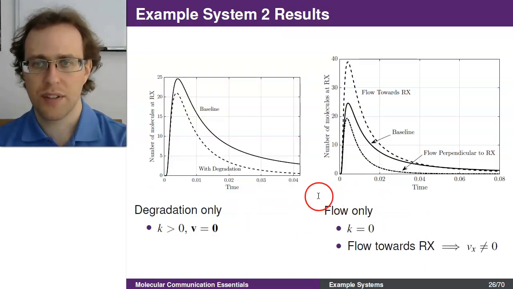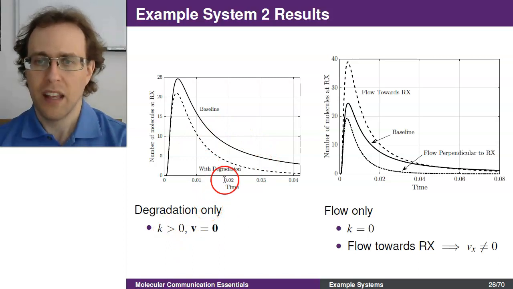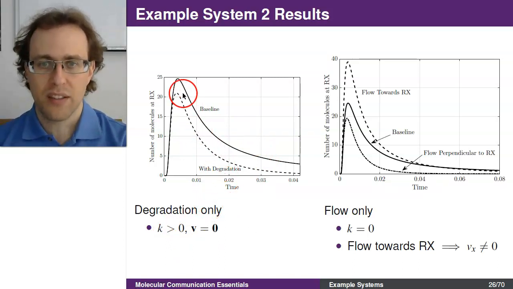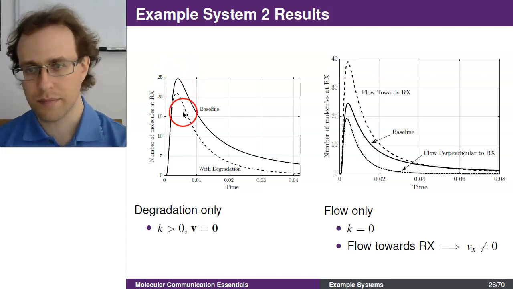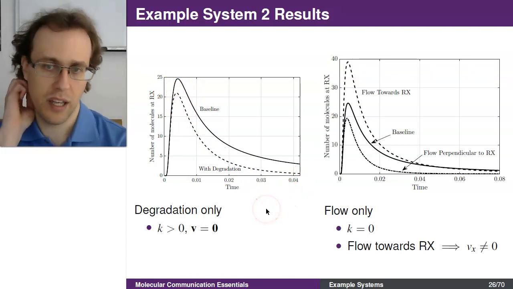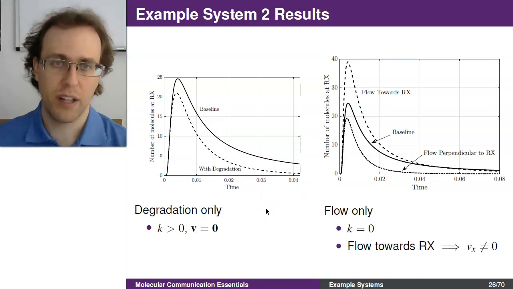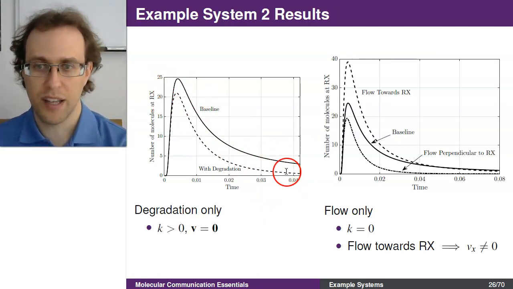So some results for this variant. In this curve on the left, we're considering just the degradation, and for the baseline we have our solid line. This is the no degradation case, and then we have a case where we define some degradation rate that's greater than 0. In both of these curves we're assuming that there is no flow, and we can see that the degradation does have an impact on the peak. So the highest amount of signal is definitely decreased, but then we also get a decrease for later times as well, and the relative degradation for the peak is much less than the degradation that we